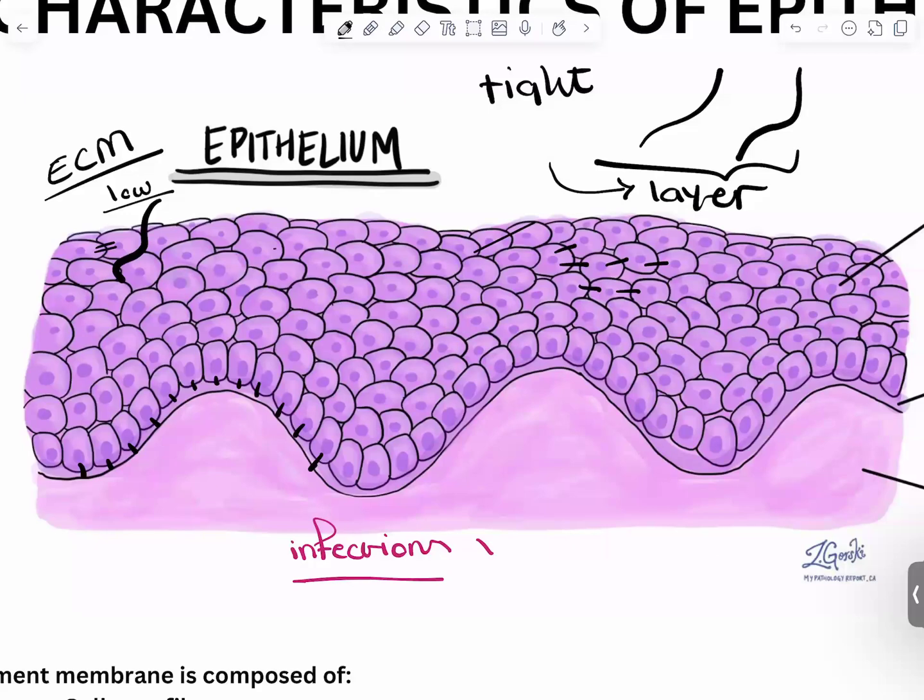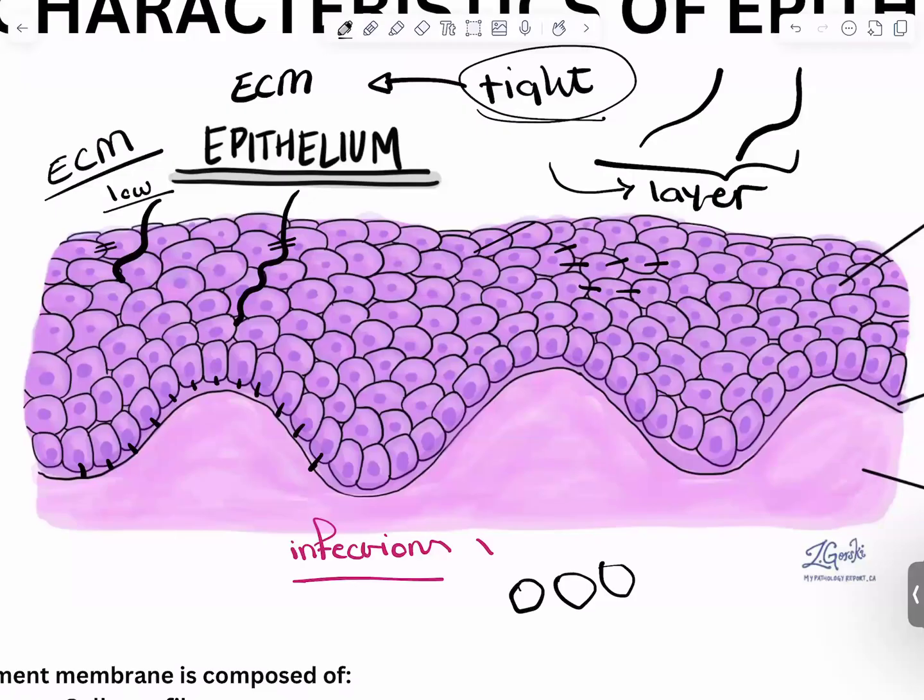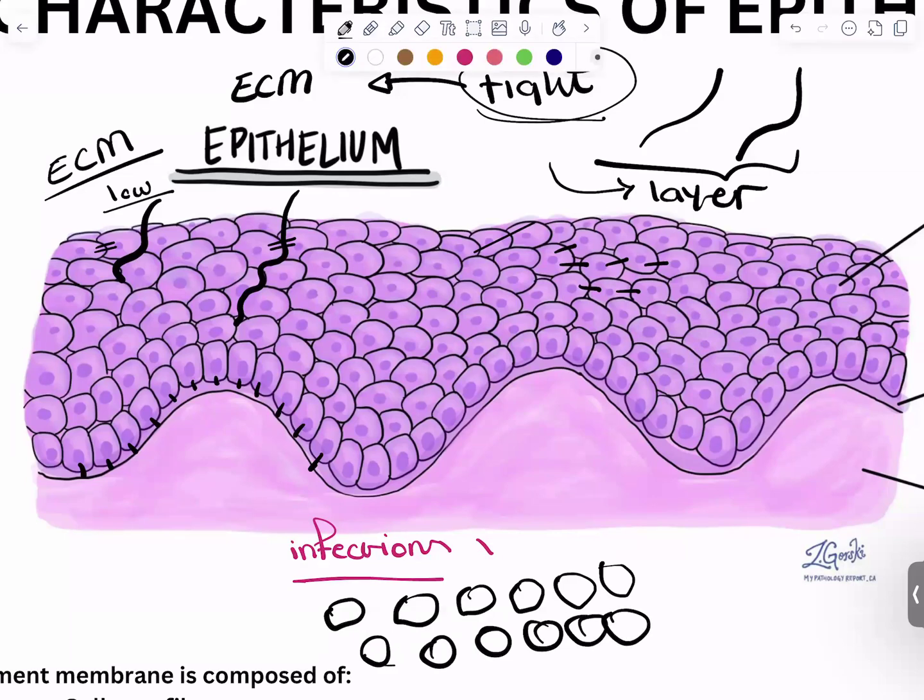But all of the epithelial tissue have the protection function. Why? Because cells are connected to each other by tight junction, and we know that there is no extracellular matrix, so there is a low chance for the bacteria to pass through the cells. That's the reason we have tight junction. That's the reason there is no extracellular matrix. Imagine if there is a kind of layer of cells, something like this. Okay, what will happen? The bacteria will move easily between the cells, and the chance of the infection will be